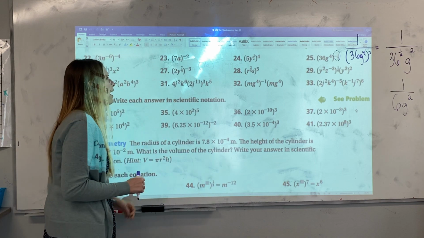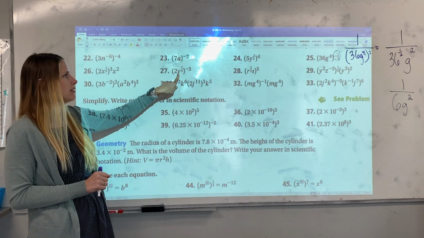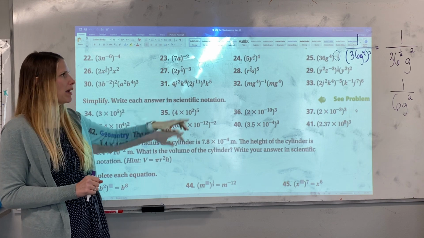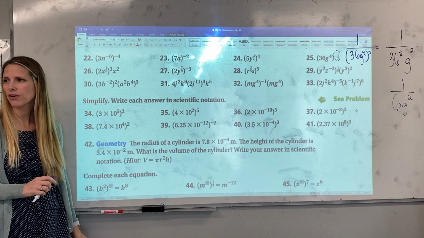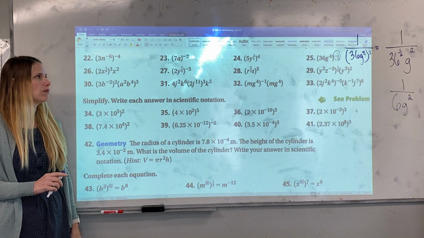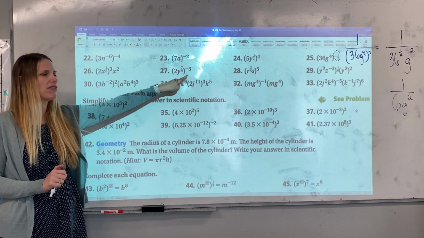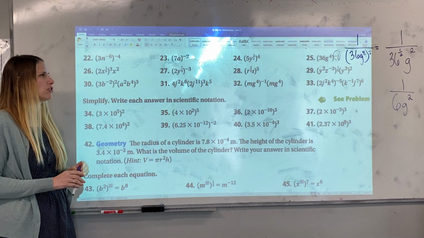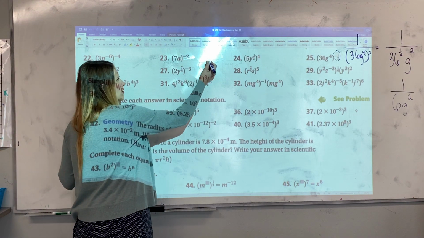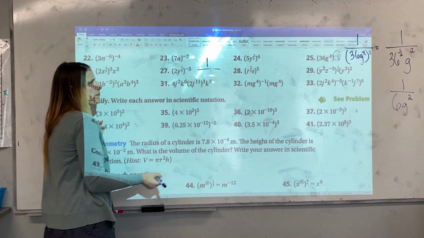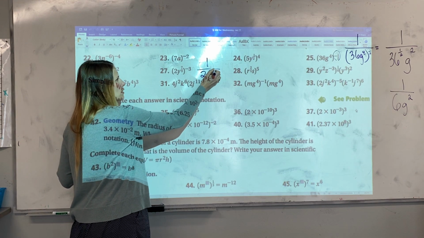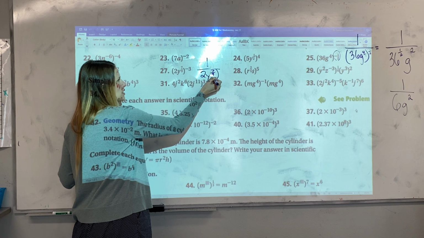Number 27, we have 2y to the 7/9 power, all to the negative 3rd power. Oh my goodness, here we go again. What do we do first? Not quite. We have a negative exponent. Oh, bad attitude, go to the dungeon. Yep. What goes in the dungeon? Double. Everything. Very good. And since everything is going to be raised to the positive 3rd power, we need to